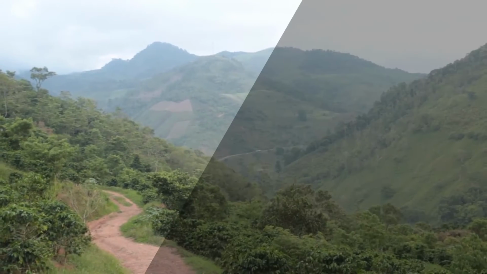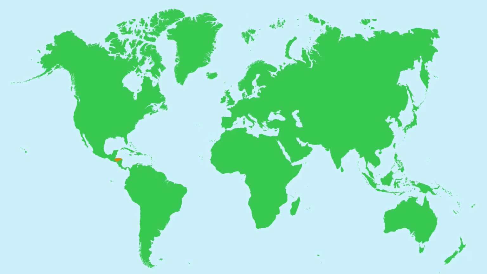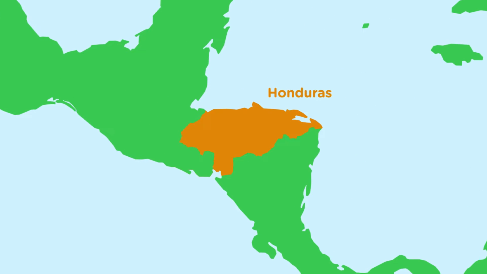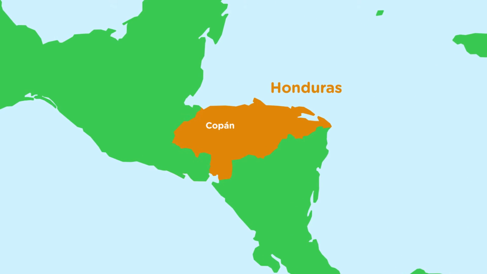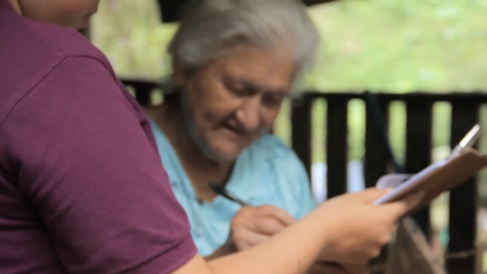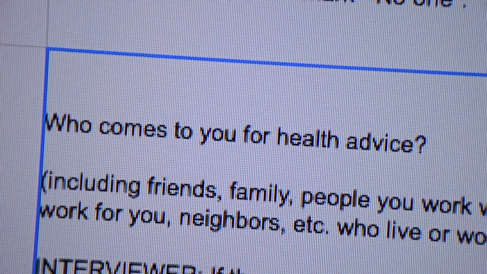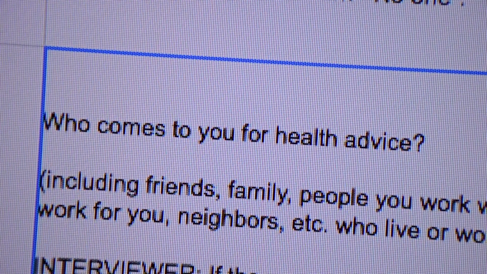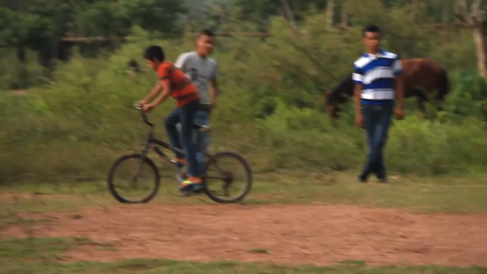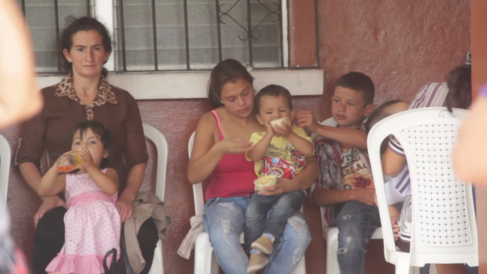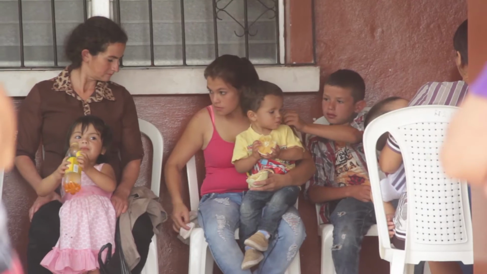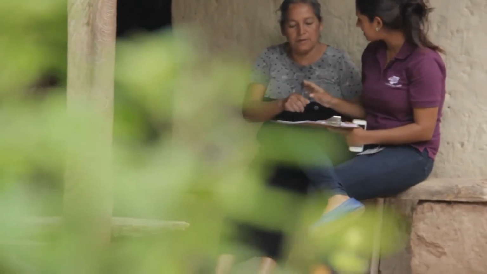Trellis has been really instrumental for our study, based in the Copan region of Honduras. The objective is really to find out how we can maximize using social network strategies in order to help diffuse health interventions in the future. We have the opportunity of using a software like Trellis to be able to do something a little bit different that might help communities that have suffered from a lot of these health issues that have been really difficult to